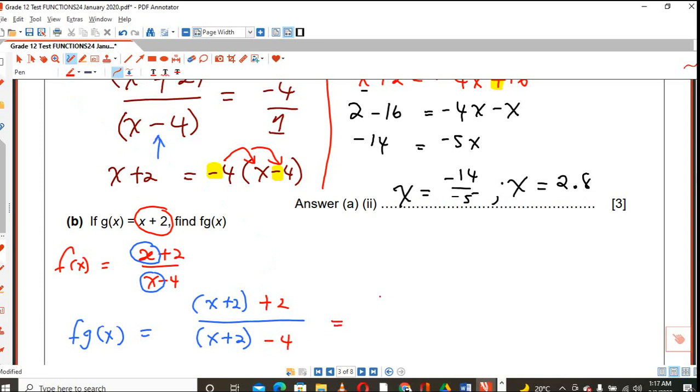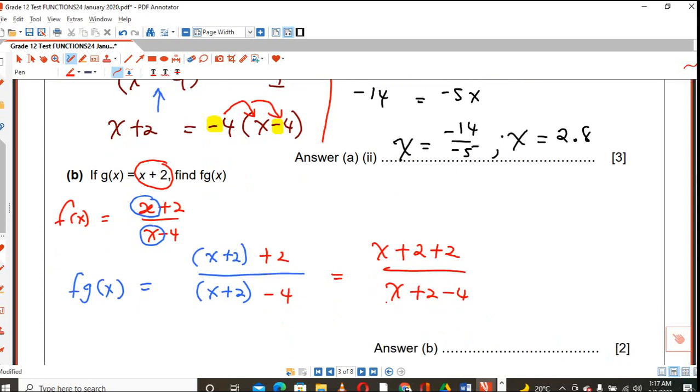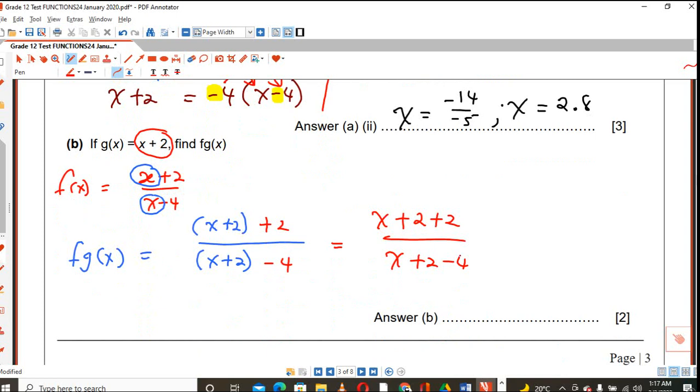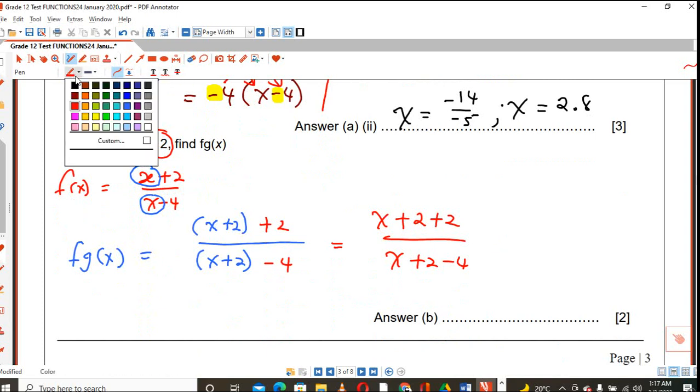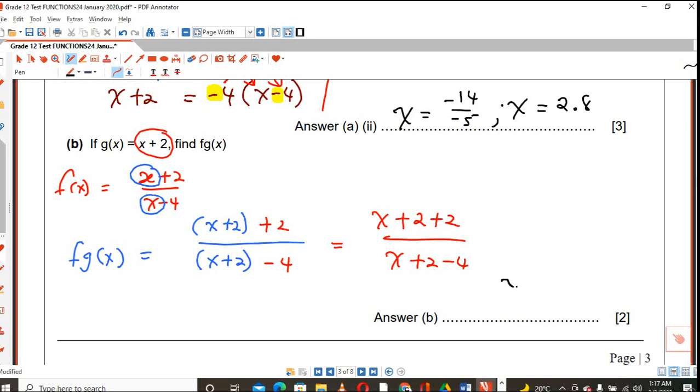So we can go ahead, remove the brackets, and then have x plus 2 minus 4. And when we clean this up, eventually the final answer will be x plus 4 over x minus 2. So that is the answer for the composite